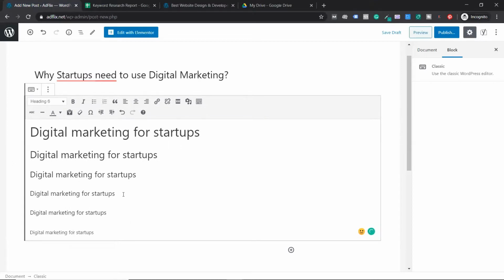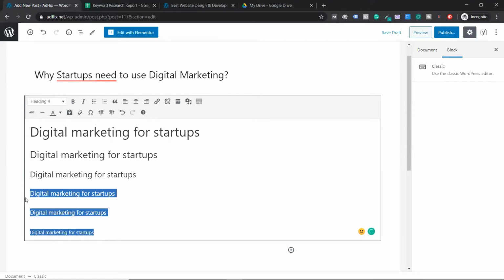Now the major difference that you see between them is that H1 is the biggest and H6 is the smallest. Now people who know something about HTML and CSS may be thinking, sir, can I make H6 bigger than H1? Absolutely, guys, you can make it. All you have to do is increase the pixel size. You can make H6 bigger than H1 also, but usually in any standard web page, H1 will be the biggest and H6 will be the smallest.